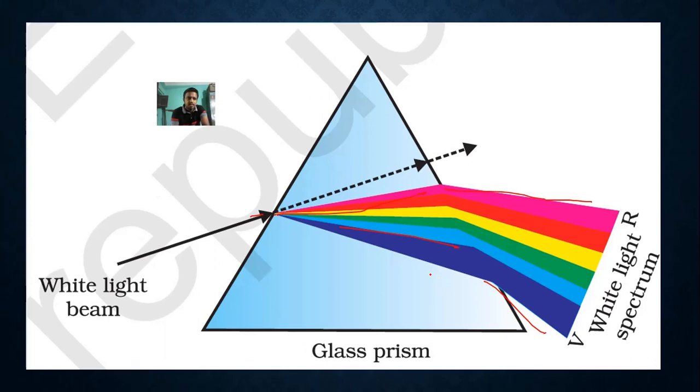This is the diagram. This is the white light, and this is the angle of deviation for red. This will be the angle of deviation for orange, and this should be the angle of deviation for the